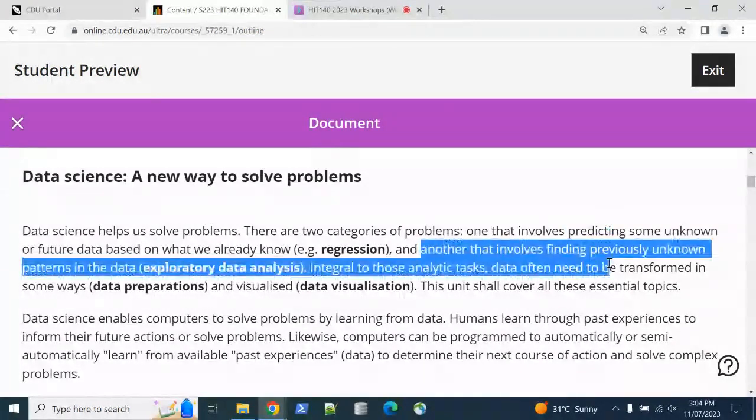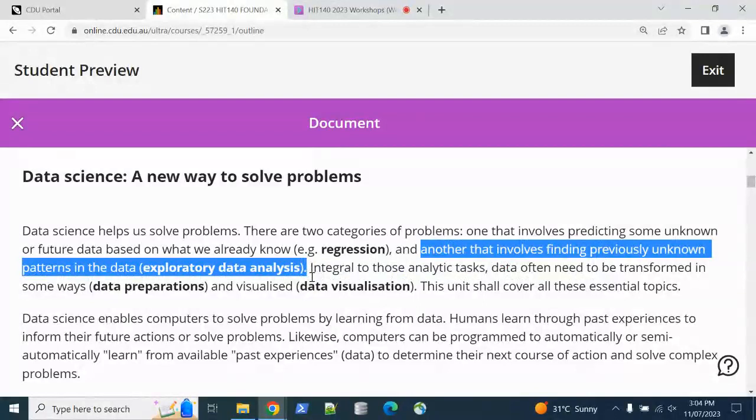Another category of problem is more exploratory in nature. So it's about finding certain patterns in the data. We are not really concerned about predicting something, but we are primarily interested to find out something from within the data that we don't really know previously. And then in between these two tasks, there are intermediate steps where you probably need to transform your data